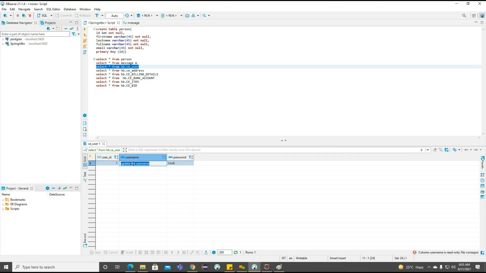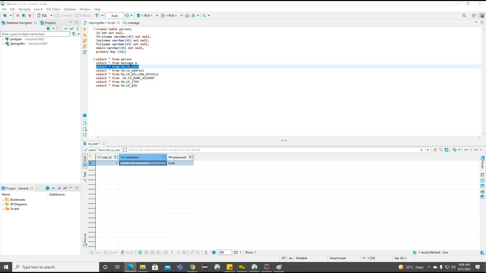Now it is updated to the updated username. So this is a way we can connect our application without calling session.save or session.update. This is all about the simple life cycle example, how we connected here.